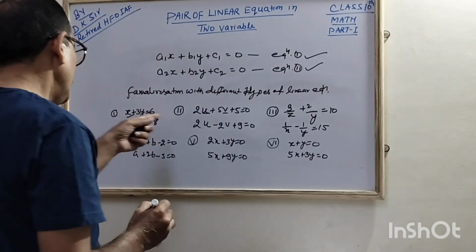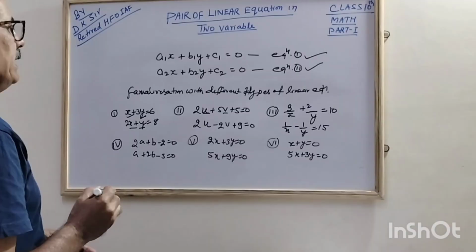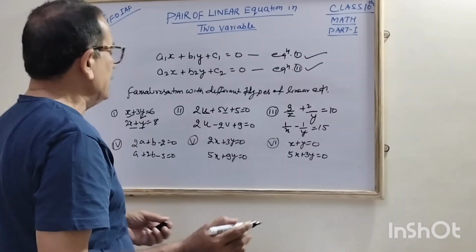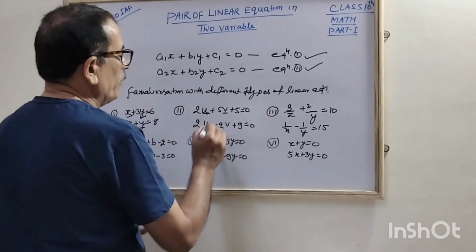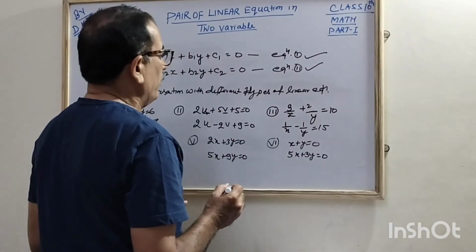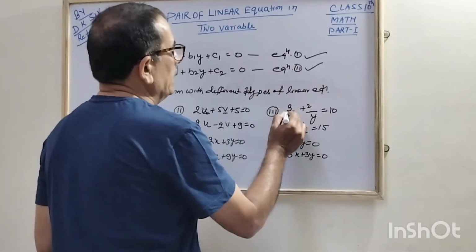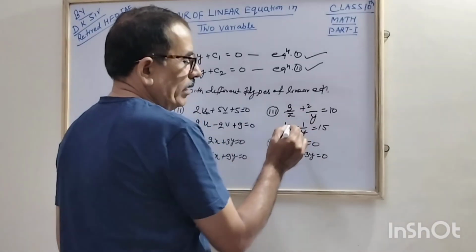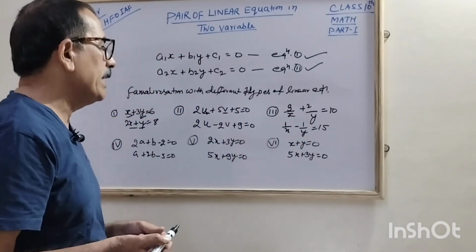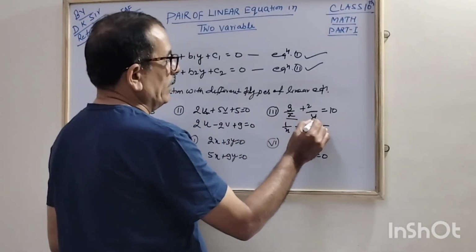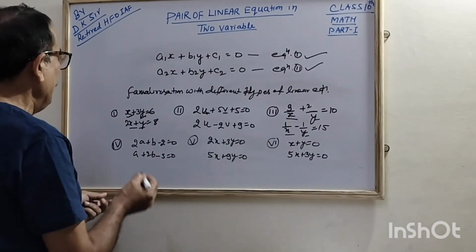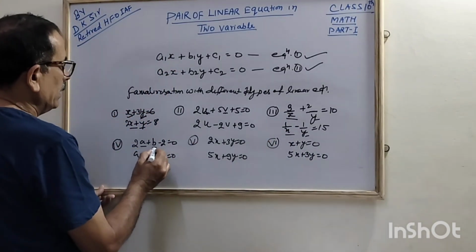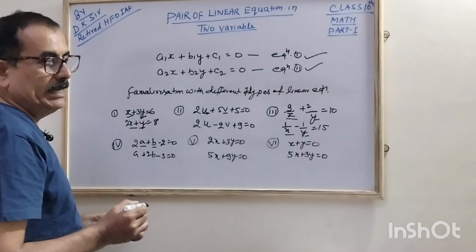Okay. In every pair of linear equations, you find a little difference. Here the variables are x and y. In this we find the variables are u and v. In this we find that it is in the form of p by q, where the x and y variable is at the bottom as a denominator. Next you find that the variables are a and b. Correct? A and b are the variables.